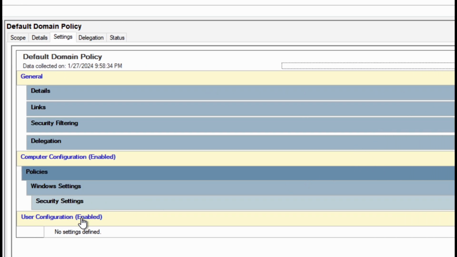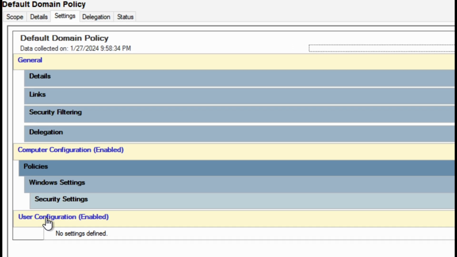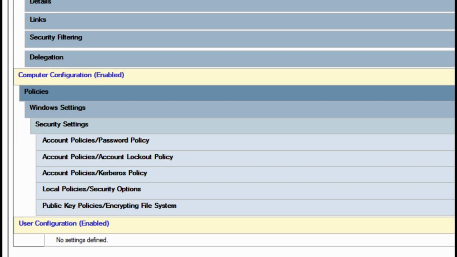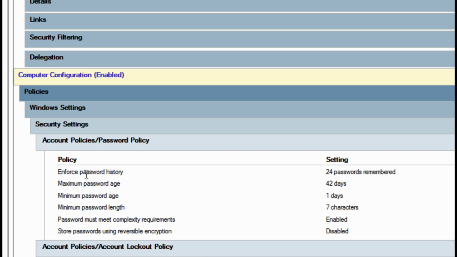And then you see how there's nothing under user configuration down here. There's no settings that have been defined, but there's general settings, and then there's the computer configuration settings that have been defined. So policies, Windows settings, security settings, and you can drop this down, and there's going to be more stuff in here. So account policies and password, and it shows you right here. So enforced password history, 24 passwords remembered, maximum password age is 42 days, meaning that after 42 days, you got